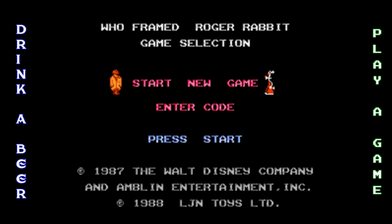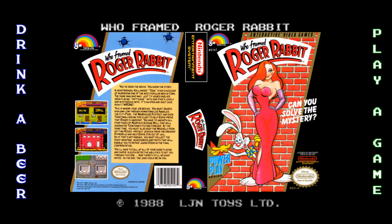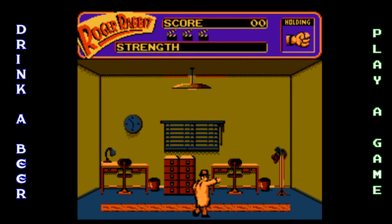Today, we're going to be checking out Who Framed Roger Rabbit for the NES. Released in 1989, this was produced by Rare and published by LJN. Like the rest of these, it's a North American exclusive. It's another LJN game that's a movie tie-in. And the other ones have been so good up until this point, so...